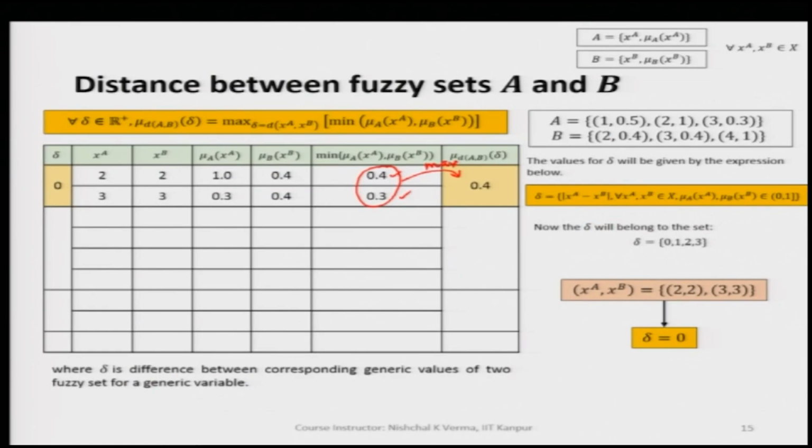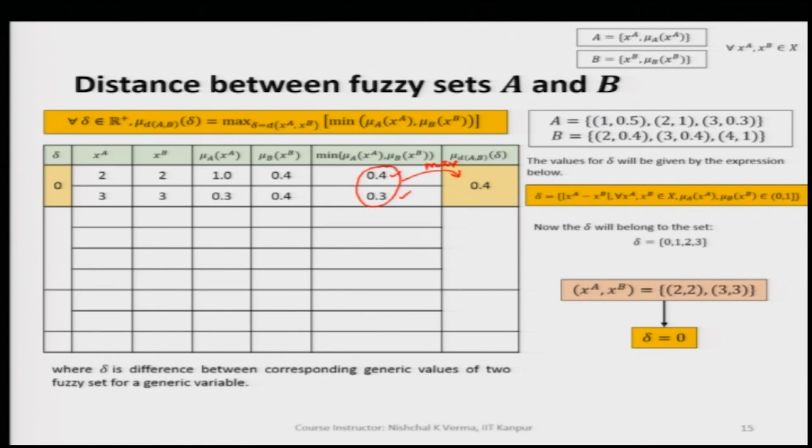In the previous lecture, we also saw how to tabulate the values of delta, x A, x B, mu A of x A, mu B of x B, and then we took the minimum of the two, that is, the minimum of mu A of x A and mu B of x B. In the previous example, we found two values of the minimum,